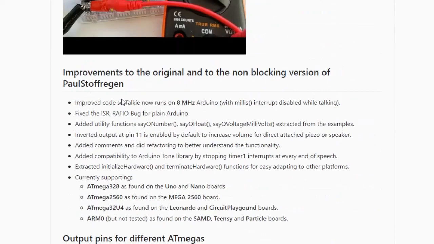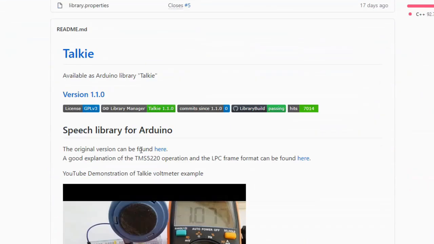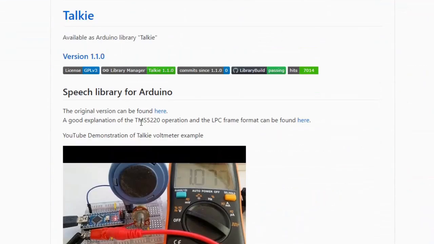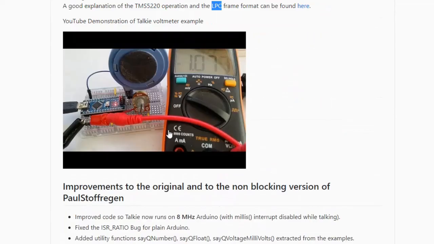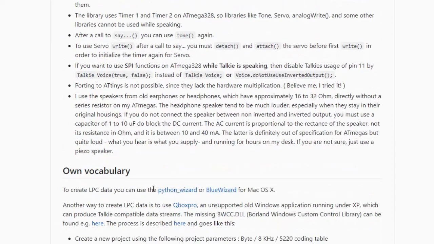Hello and welcome. In this episode, I'm showing you how we can generate customized speech voices for the Arduino Talkie library. This library uses Texas Instruments technology, using the linear predictive coding technique to generate the voices like speech synthesis. Here we can use any one of these three tools to generate the customized voices: the Python Wizard